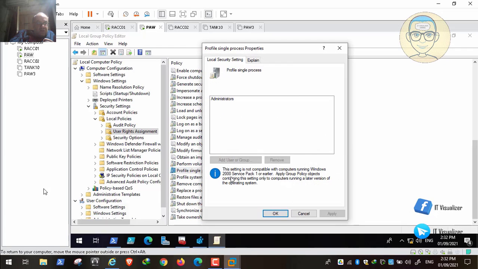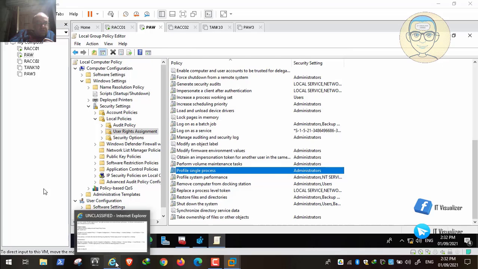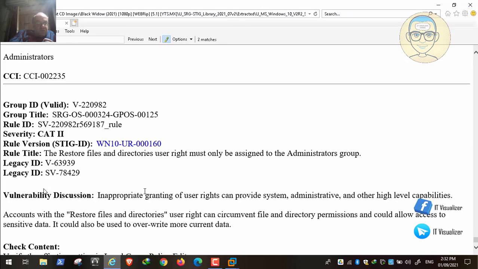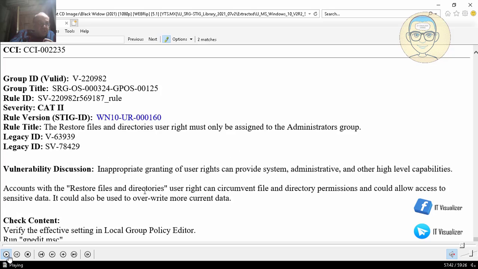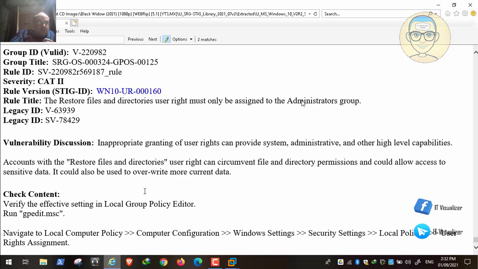So yes, profile, and then I think we will continue. We have restore files and directories, which should be assigned to administrators. You can assign the right to restore files and directories from backup data. So you back up files on your machine and then you need to restore the backup. This should be assigned to the administrators or local administrators, and also to the backup operators.